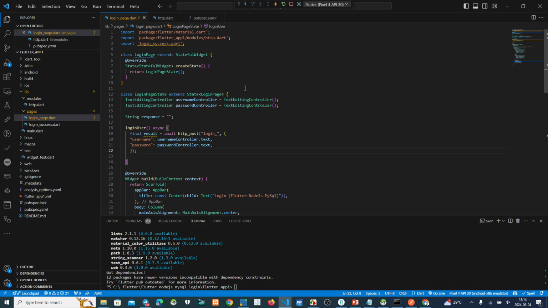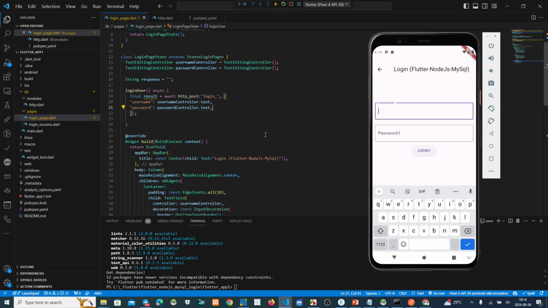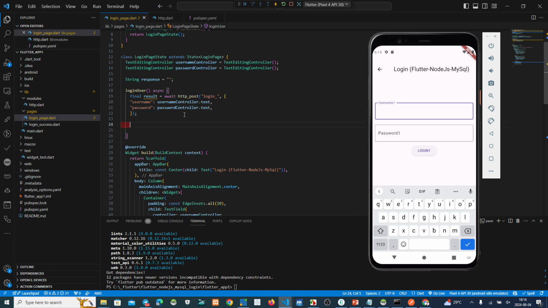Yeah, this means we take the username information from this text field, and then we make the parameter. We put this information into the parameter username, and also the password controller we put into the parameter password here, and then we send it to the backend.